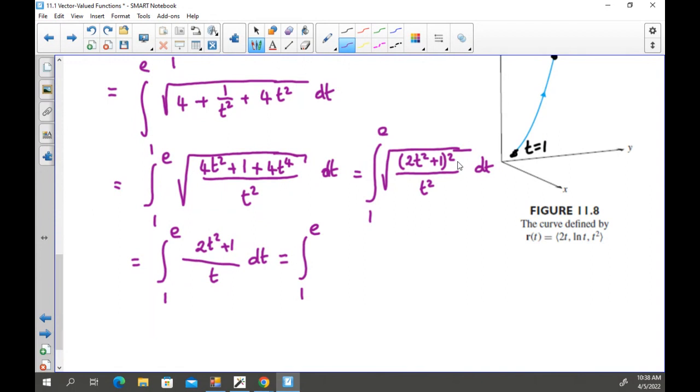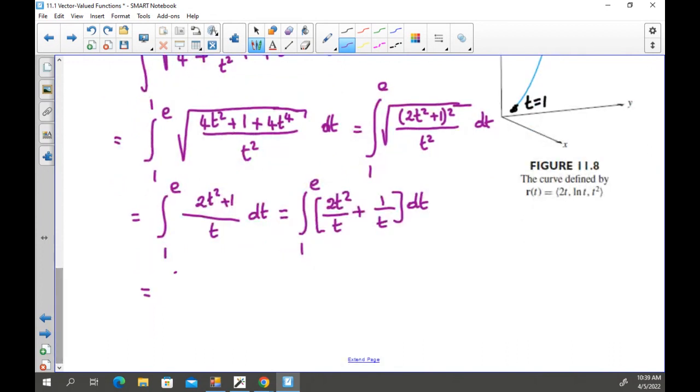Yes, we need to separate this into two fractions. So you will get 2t squared over t plus 1 over t dt. Now, it's very easy to complete this. So it's going to be the integral from 1 to e of 2t plus 1 over t dt. And now it's okay because the integral of 2t is t squared, and the integral of 1 over t is